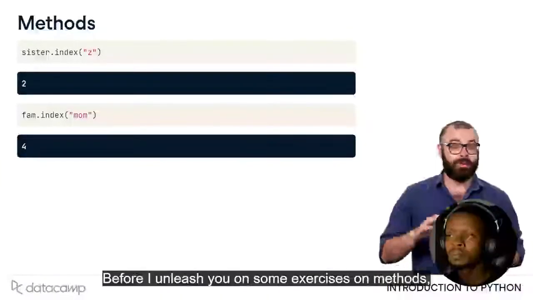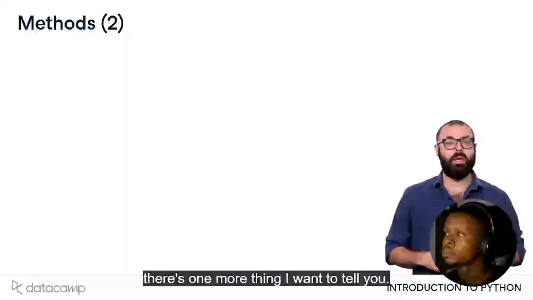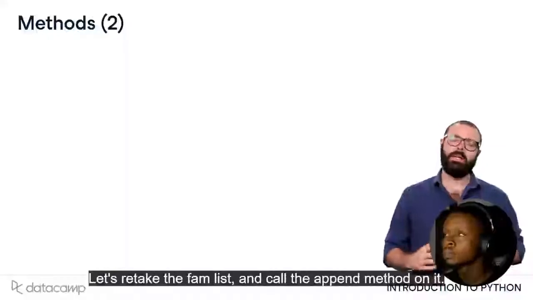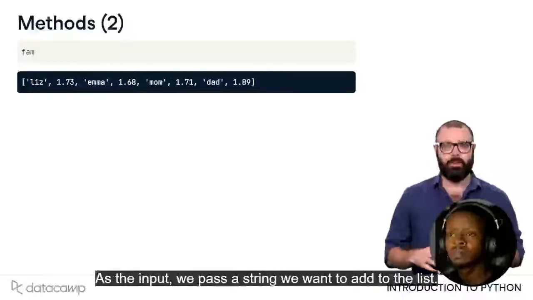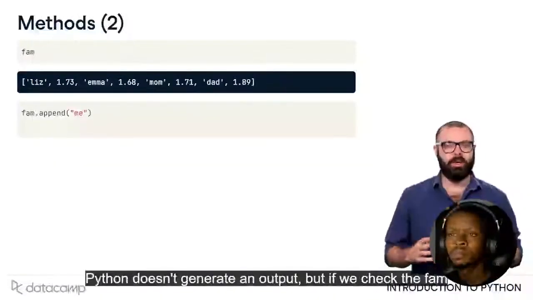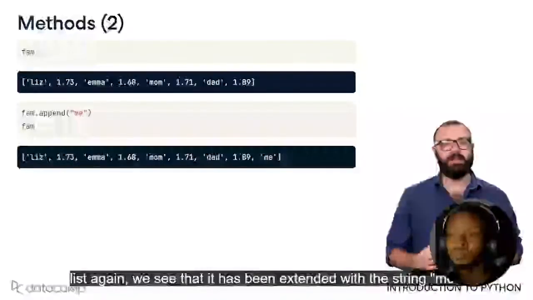Before I unleash you on some exercises on methods, there's one more thing I want to tell you. Some methods can change the objects they're called on. Let's retake the fam list and call the append method on it. As the input, we pass a string we want to add to the list. Python doesn't generate an output, but if we check the fam list again, we see that it has been extended